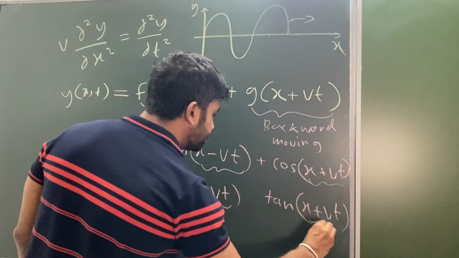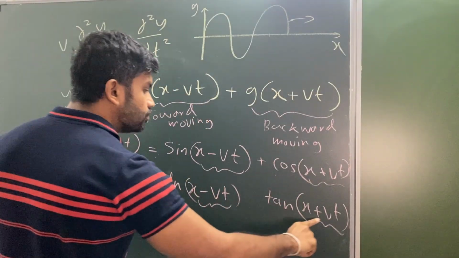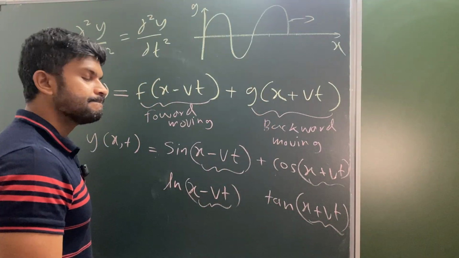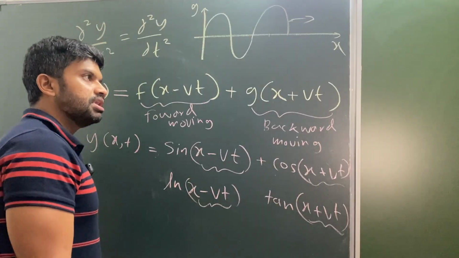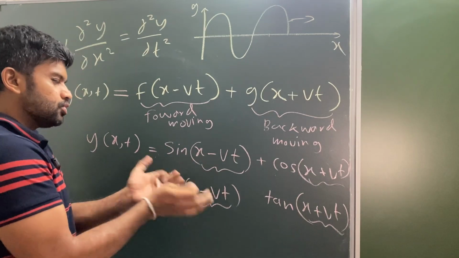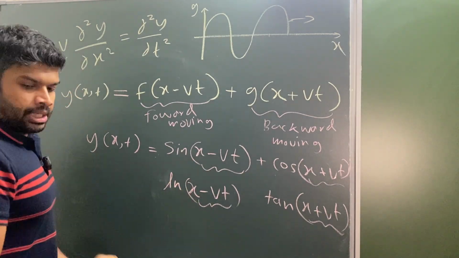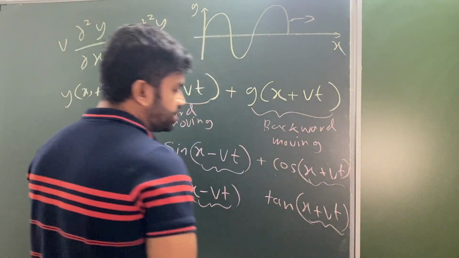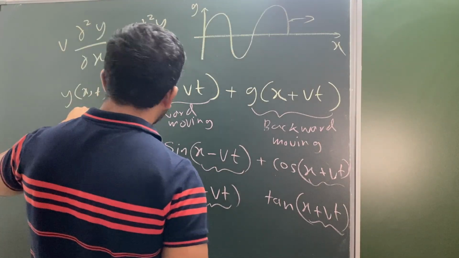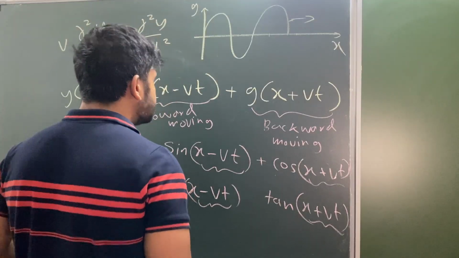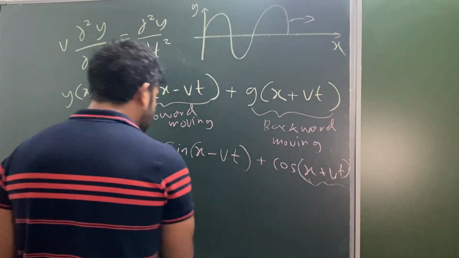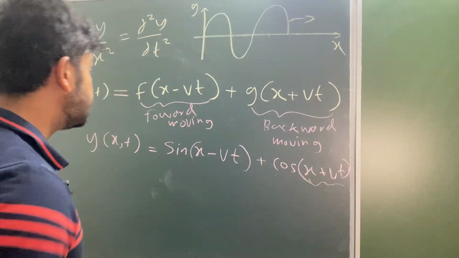Even tan is fine, but you already know that when tan goes to 90, the solution goes to infinity, which again bothers us a lot, because we can't really find what sort of outcome that is. So though they are also providing some solutions to us, we keep them aside, because we have some fundamental solutions